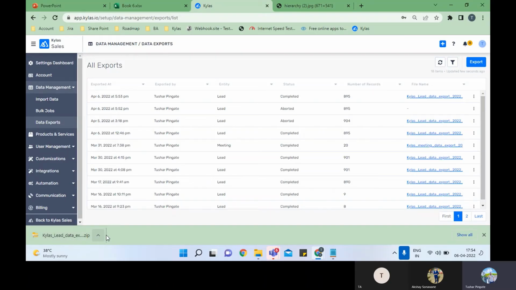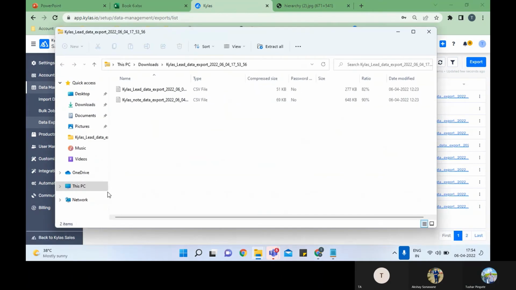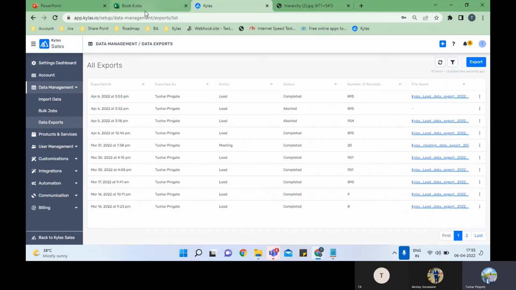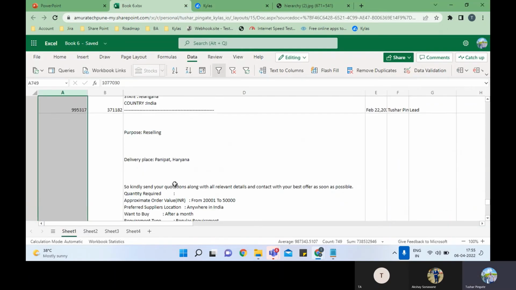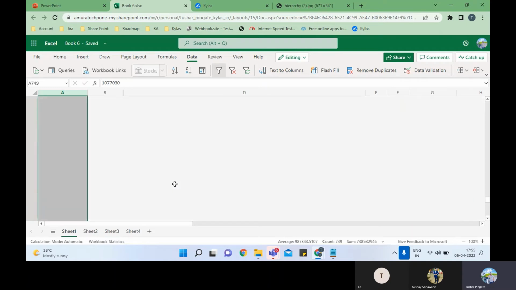This is the zip file that I have got from the export. If I open this file, we'll see two files. The first is the lead data that is exported, and the second one is notes associated with that particular list, particular leads. Okay, if I extract this file, you will see this type of file as a note,